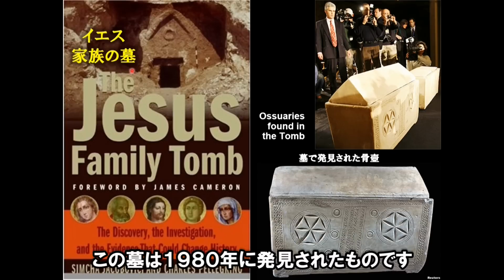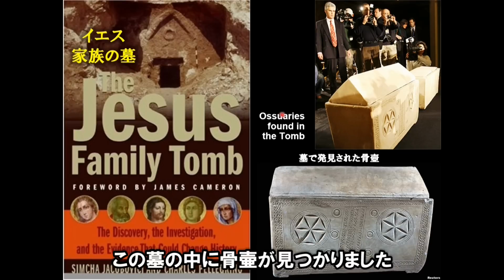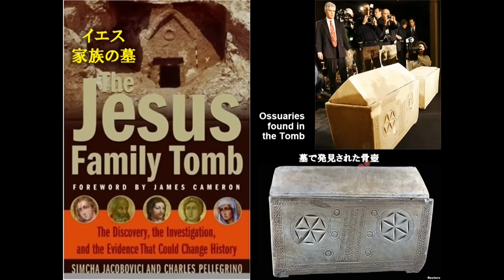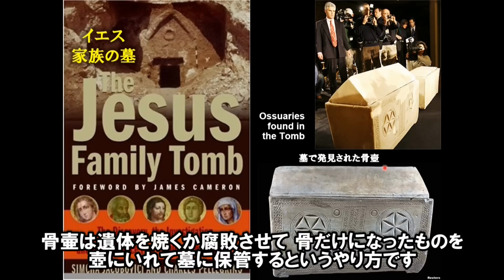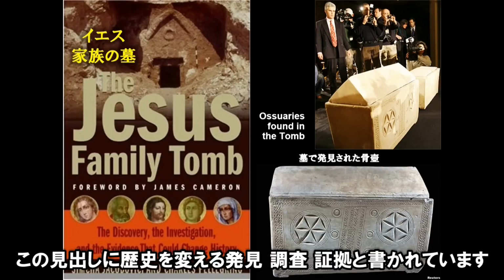This tomb was discovered in 1980. この墓は1980年に発見されたものです。And inside this tomb were found ossuaries. この墓の中にですね、骨壺が見つかりました。An ossuary is a stone box 石の箱なんですね、この骨壺というのは。where the bones of the deceased, after the body had rotted away, were placed inside. 骨壺というのは、遺体を焼くかですね、あるいはこの腐敗させてから骨だけになってからその壺に入れて、そして墓に保管するというやり方です。And the subtitle says, The discovery and evidence that could change history. この見出しにですね、歴史を変えうる発見、調査と書かれています。そして証拠。